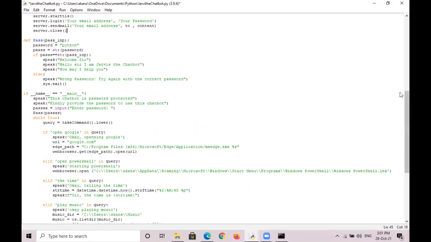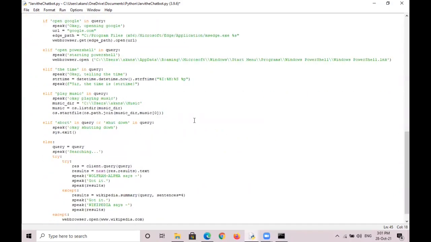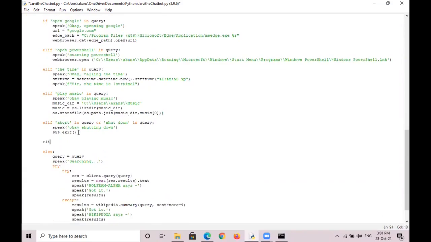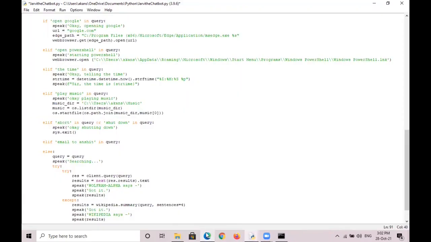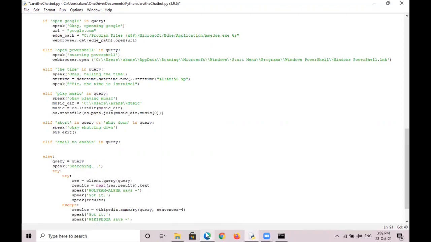Now all we have to do is write an elif statement over here for sending our email. So below this above function, just make another elif statement saying that email to Anshit in query. Okay, so Anshit is actually my brother's name. So I'm going to send an email to my brother's account, which I already have logged in on my computer. So I'll be showing that. So I'll click enter and I'll write